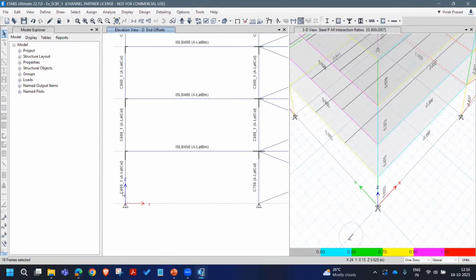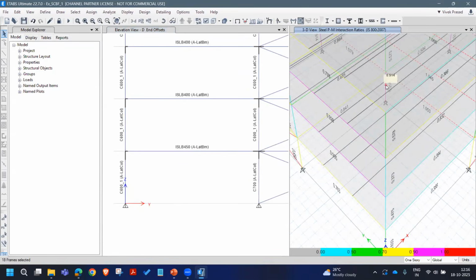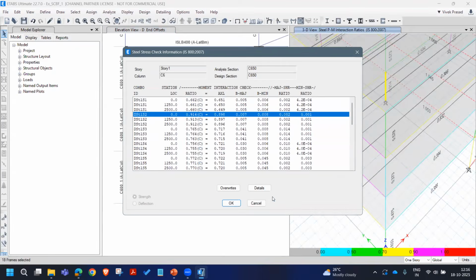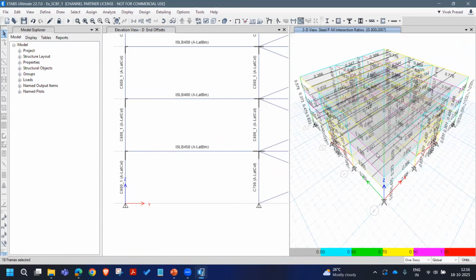Now you can see for the column, it has selected the lower section for the corner columns, and then near the braces, I can see it has selected C700 section as per the demand, and the interior one 650. Right. So you can see the variations there, but the optimization is happening with that. Right. Now let us see